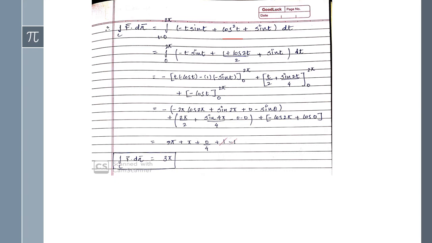And see here it's given cos square t, so you have to convert it into the normal form, that is 1 plus cos 2t upon 2, and here t into sin t, that is two functions are given here, so you have to apply here the uv rule. Okay, so integration by the UV rule. Okay, and then do the integration, and integration is very important, and this example is very important also.